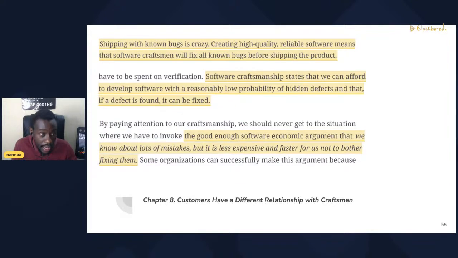Still continuing chapter 8, shipping with non-bugs is crazy. Creating high-quality, reliable software means that Software Craftsman will fix all non-bugs before shipping the product. Software Craftsmanship states that we can afford to develop software with a reasonably low probability of hidden defects, that if a defect is found, it can be fixed. Okay? The good enough software economic argument